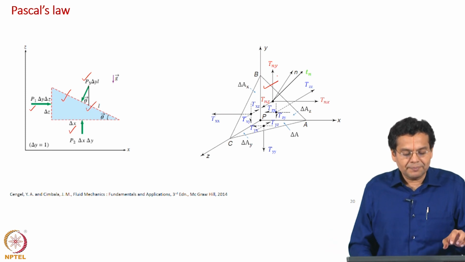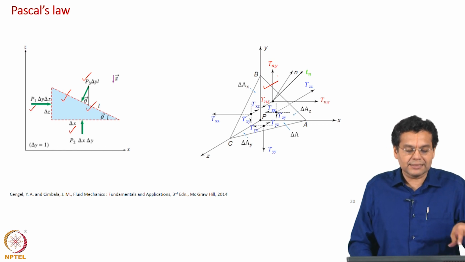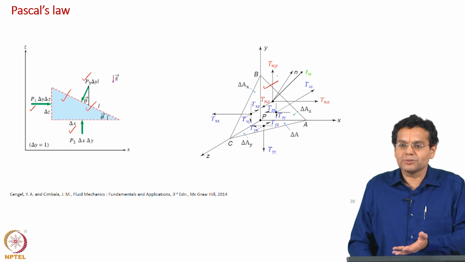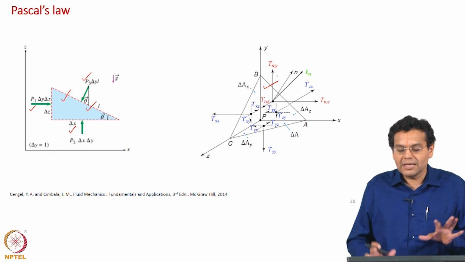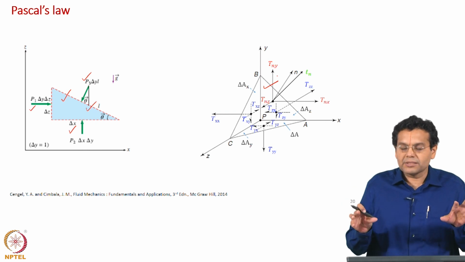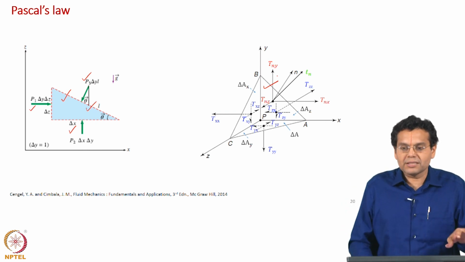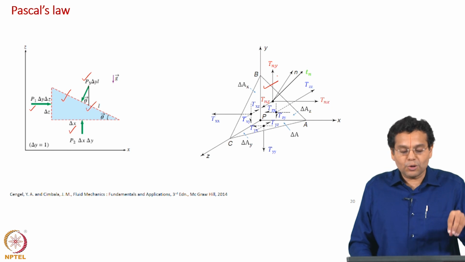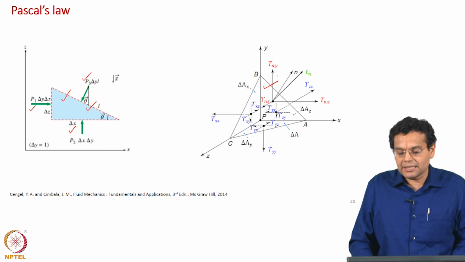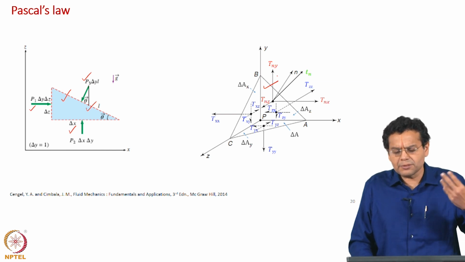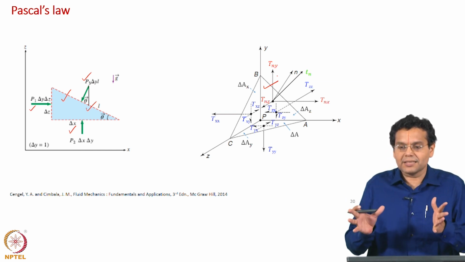Then what they do here is write a force balance in the x direction, z direction etc. That is what we also did. What is our Cauchy's law? A force balance in the respective direction. Of course, both are analogous, ours a little more general than what is given there. That is the scope of that chapter. At that level of entry into a fluid mechanics book, it is written in a simpler way, but because we are discussing and taking concepts from solid mechanics, we had a more general discussion.